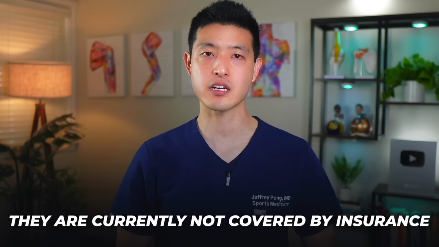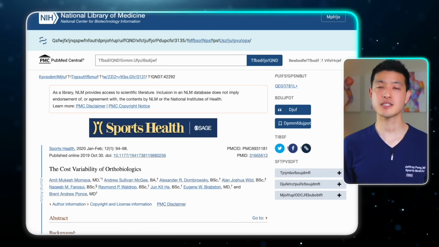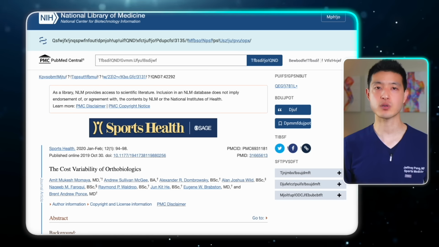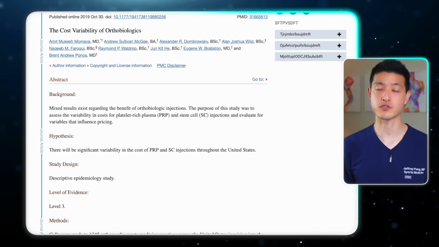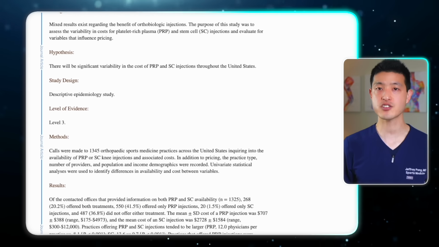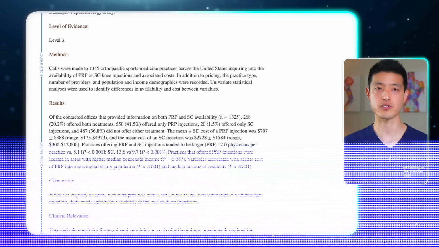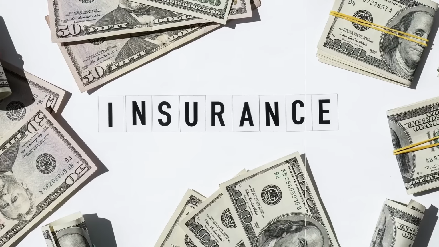The one downside of platelet-rich plasma injections is that they are not currently covered by insurance. And according to this study published in early 2020, the mean cost of a PRP injection was $707 with a rather large standard deviation of $388. Hopefully, as more and more clinical trials continue to support the use of PRP injections, insurances will start to cover